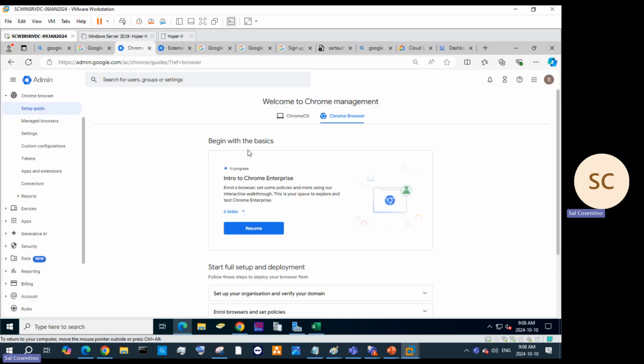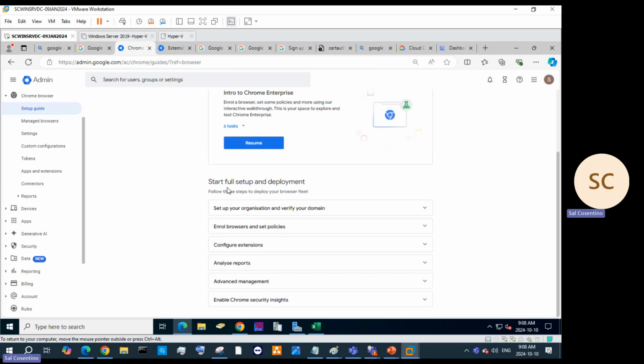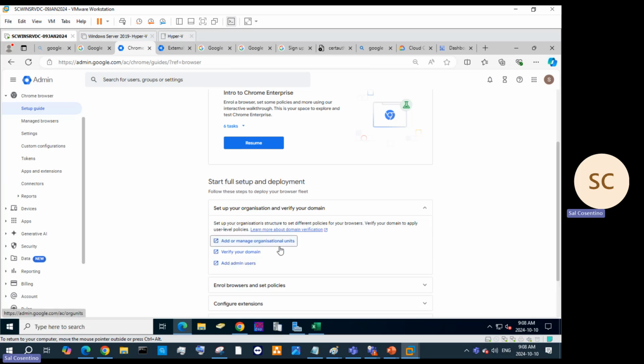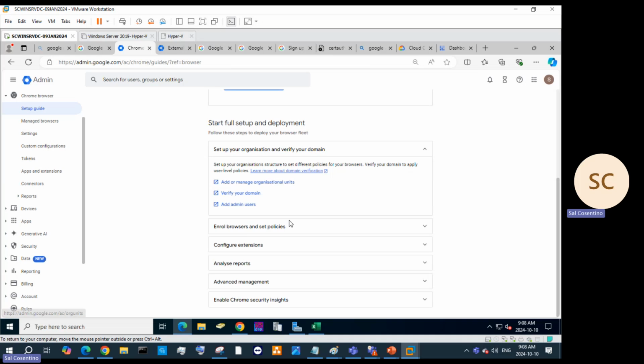And again, you can begin with the basics for Google OS Chrome users and departments who own the Google Chrome OS and the Chrome browsers. Again, this is an enrollment phase where we need to enroll Chrome Enterprise to our environment, and we need to start setting up and deploying our specific infrastructure. So our infrastructure is again in the midst of being created, and we can start by adding admin users